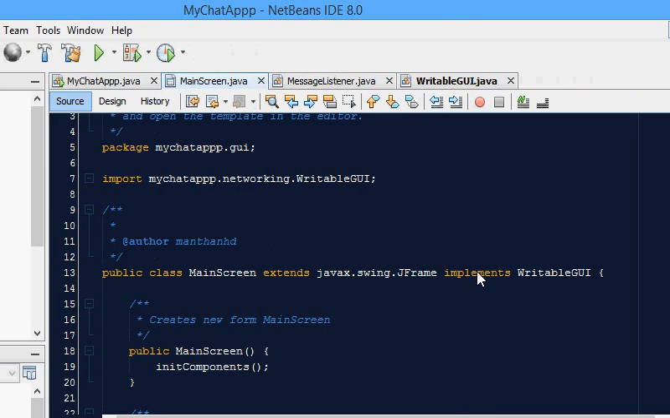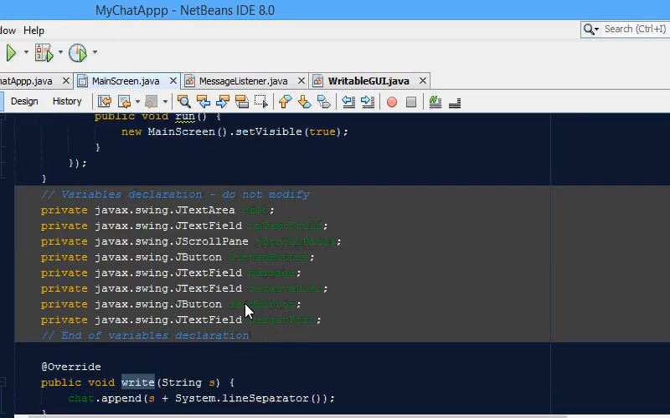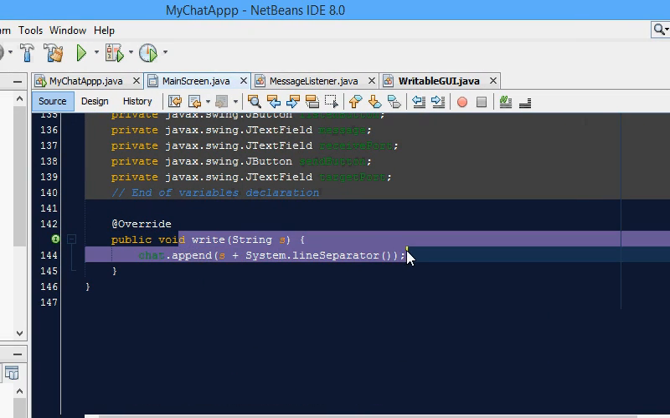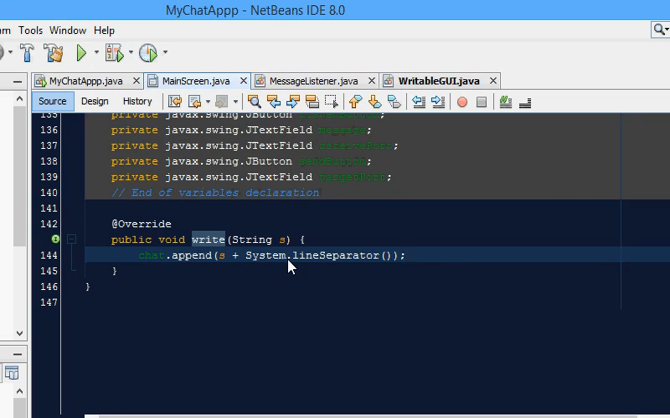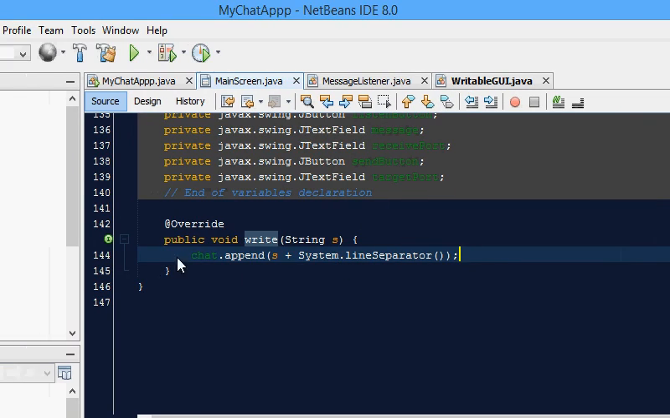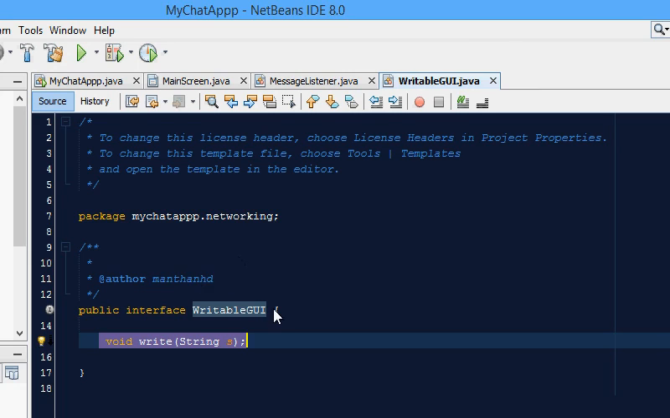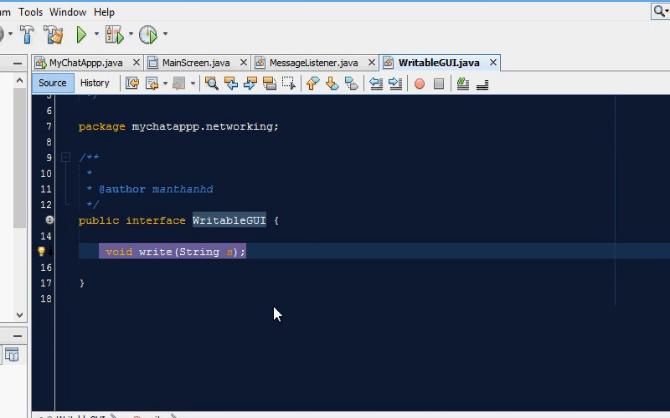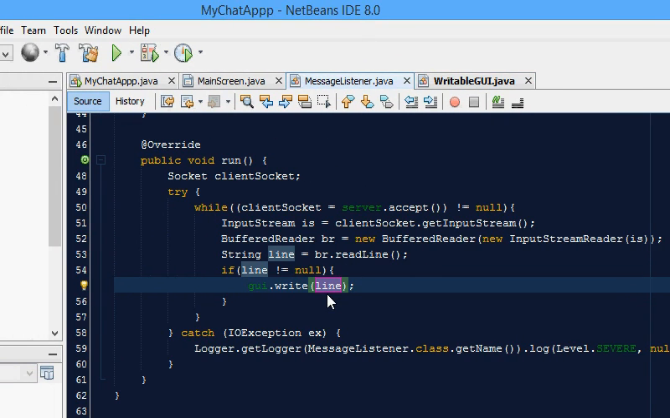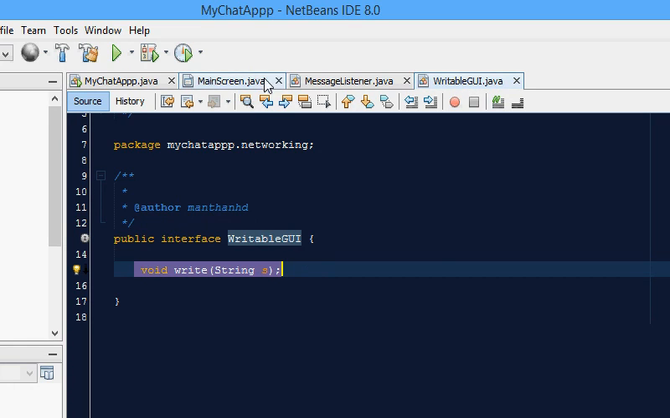So we have gotten the implements writable GUI stuff here, and we have the write string line separator and all that kind of stuff. So we've handled the write method nicely without this code worrying about how am I going to get this string, and without this code worrying about how am I going to show this to a GUI. So we have successfully decoupled the two things very nicely. So yeah, well done. With that done, and with the writable GUI stuff done,